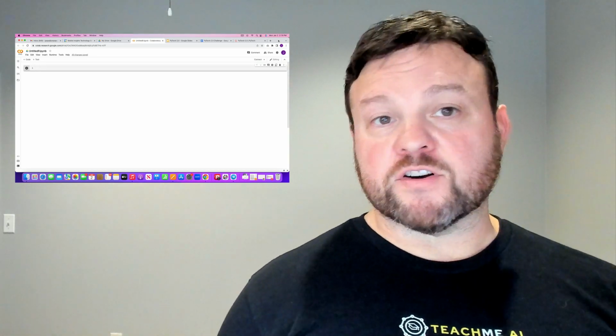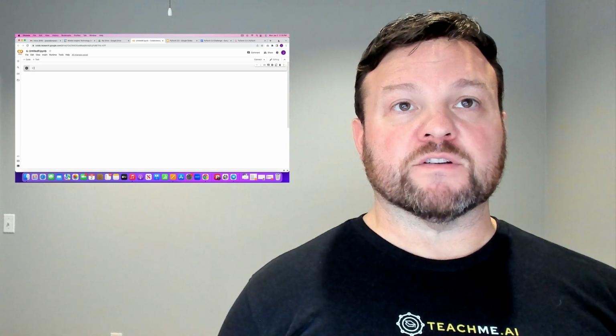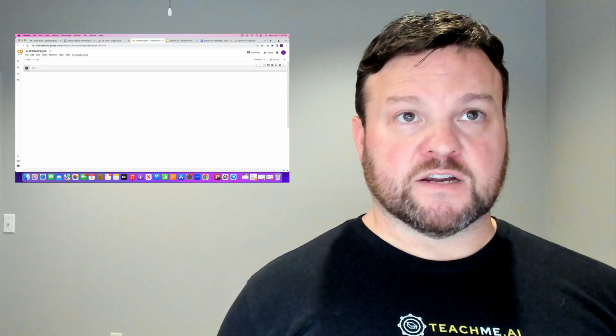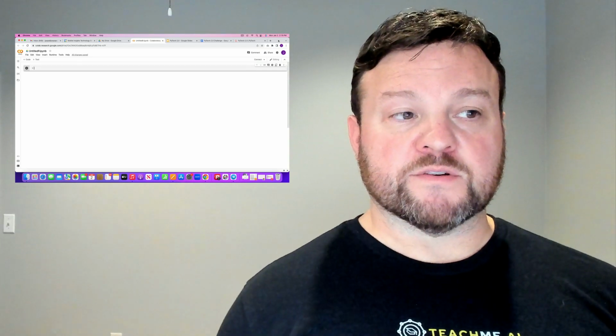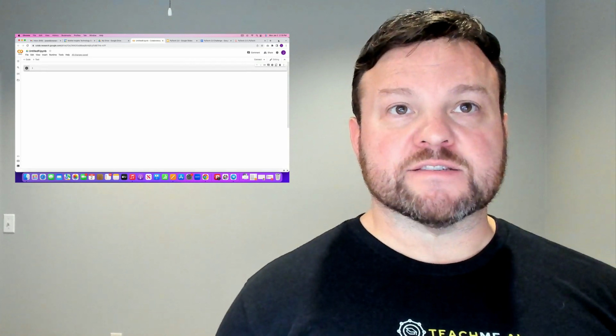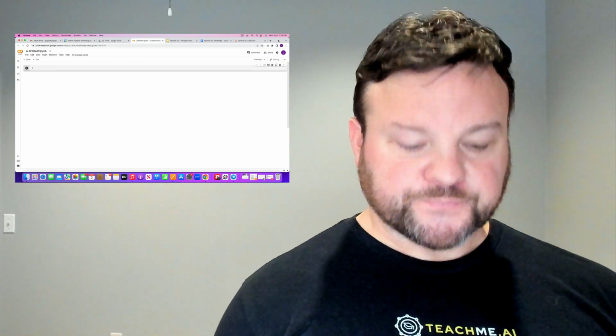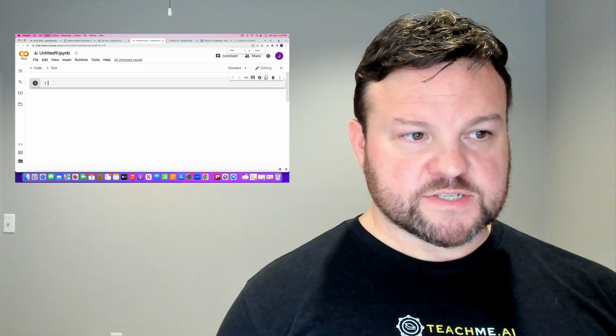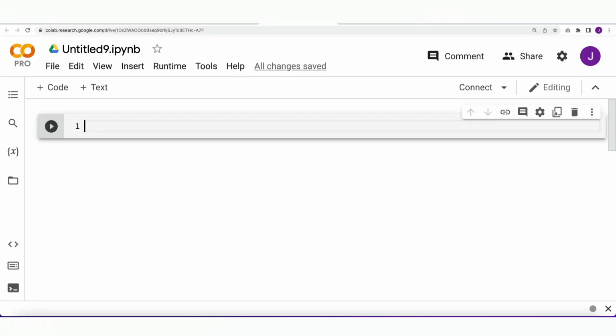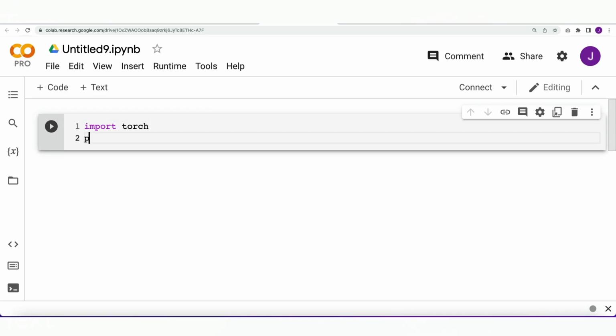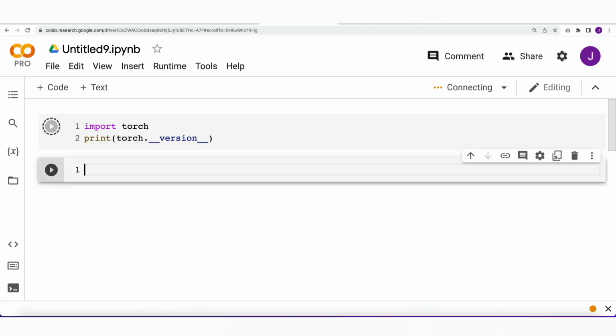let's check the version of PyTorch. No matter what environment you're using, or maybe you're doing this later in the year when PyTorch 2.0 is now stable, here's how you would check to see what version of PyTorch you're using. Let me increase this so you can see it here. If we open a notebook, just do import torch to get PyTorch, and then we're just going to print torch.__version__. We put 2 underscores before and after, shift enter that, and now we can display what version of PyTorch we